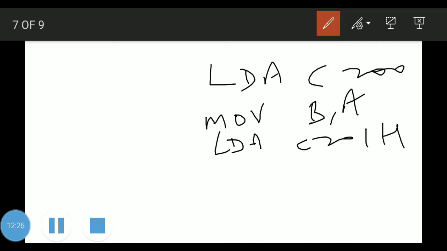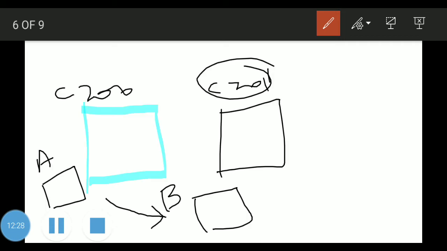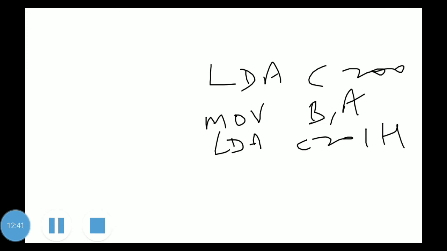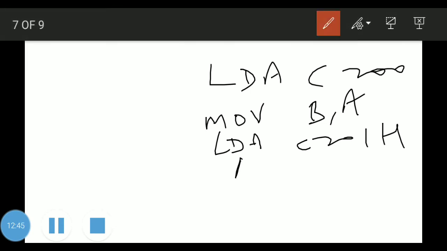Now whatever content is there in C201 will be reflected in the accumulator. We get our input at two different locations, right? Now it's time to do the addition. I will write ADD B, so B will be added with the accumulator and the result will be stored in the accumulator.